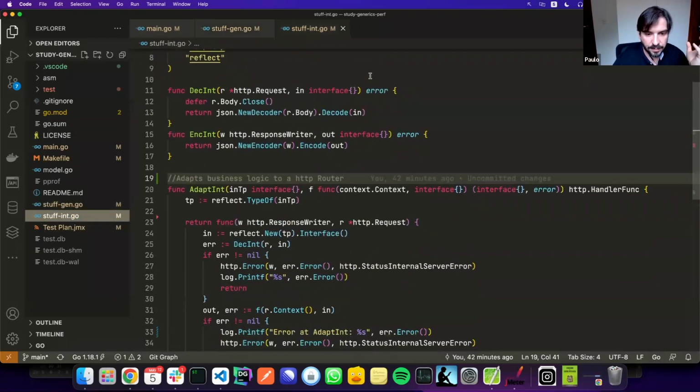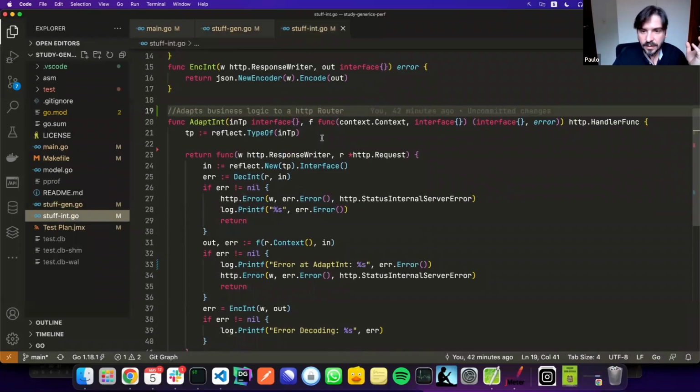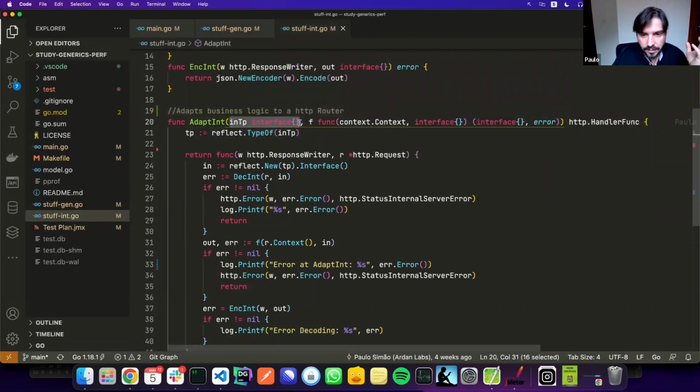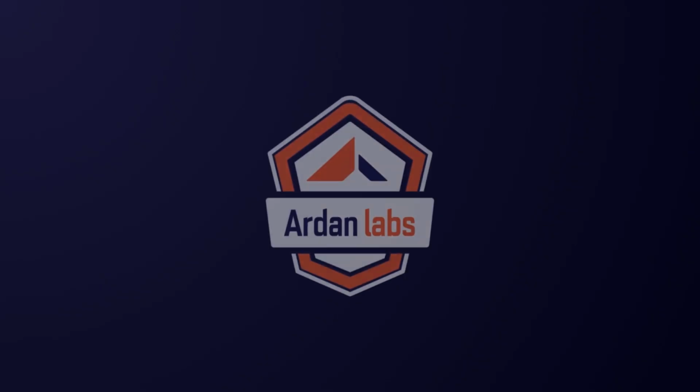Now, I would like to compare this kind of approach with the traditional interface approach. This is a similar adapter. It will use similar logic. But here we have a generic interface, an empty interface as part of our